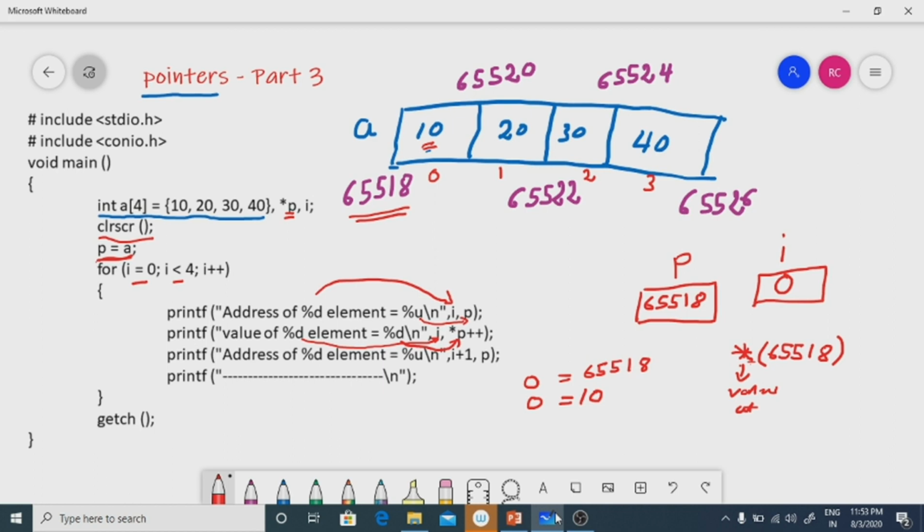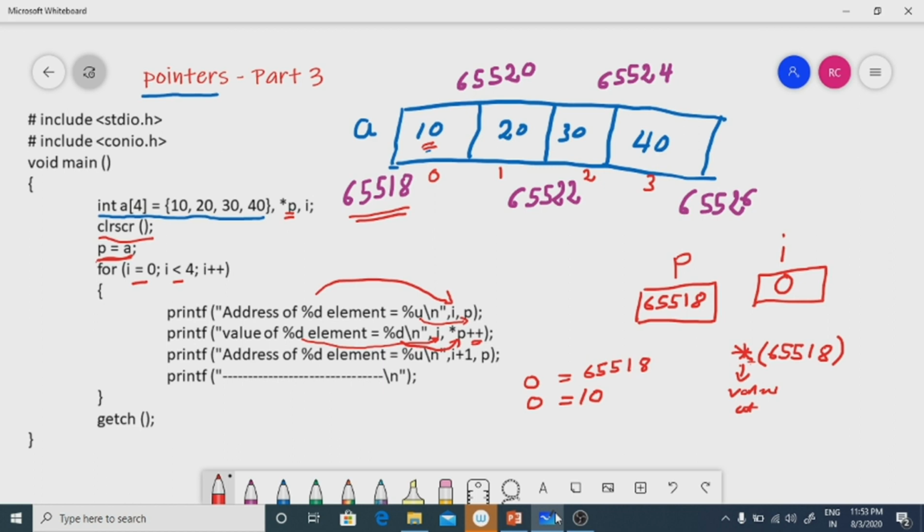Then because of this plus plus, 65518 should be incremented. Now the question is, the increment operator increments the value of the operand by 1, so you may doubt that it should be incremented to 65519. But how will this be incremented?